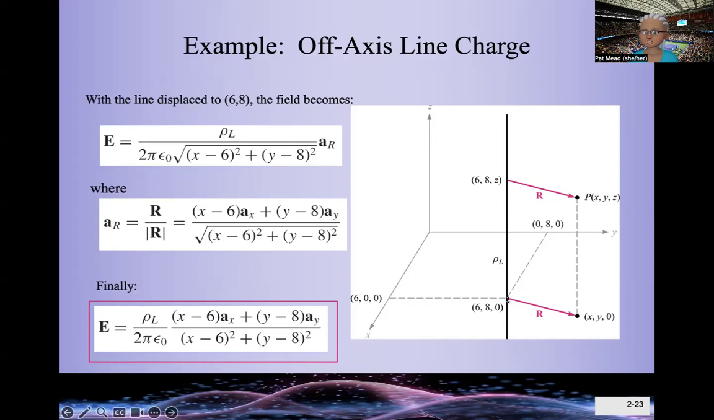Again, they have two positions that they're looking at. One is a position x, y, z, and the other, no, this is just one position. So with the line displaced to 6, 8, the field becomes this. I'm sorry, what they're showing here is